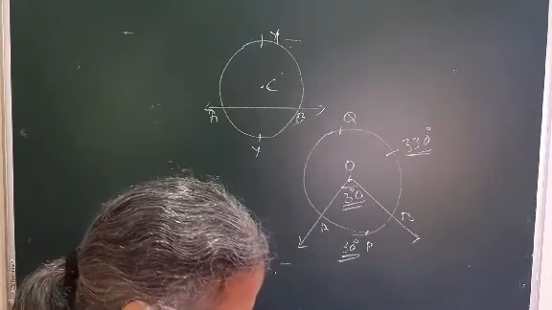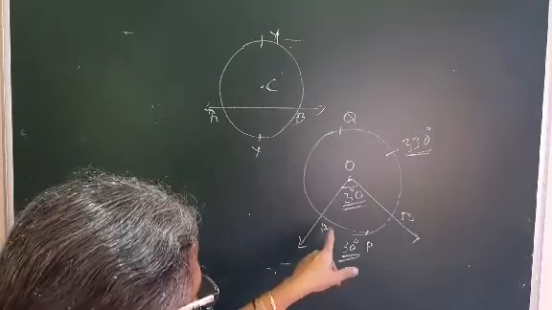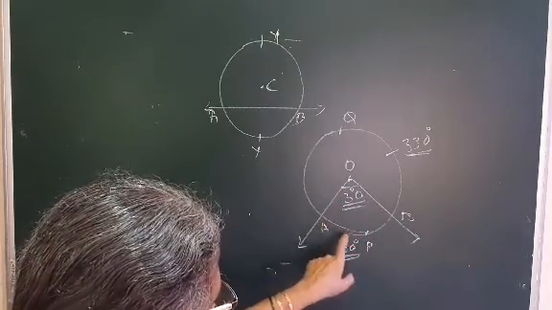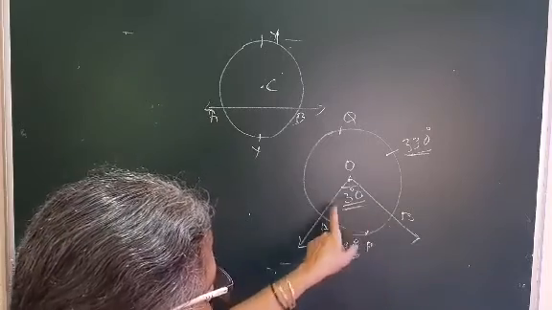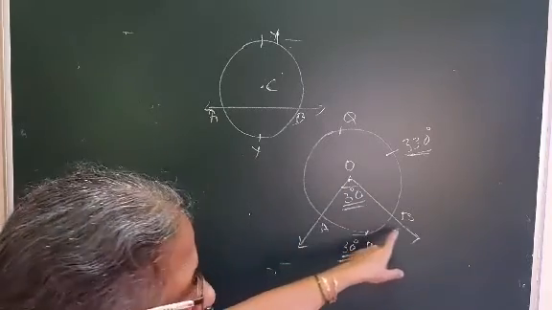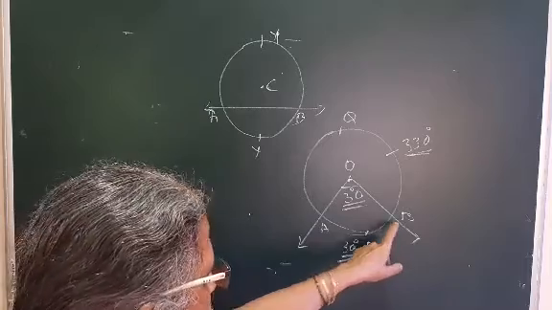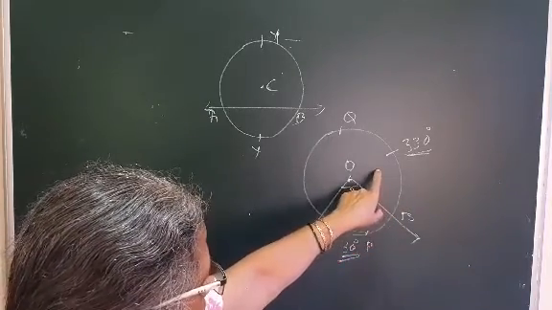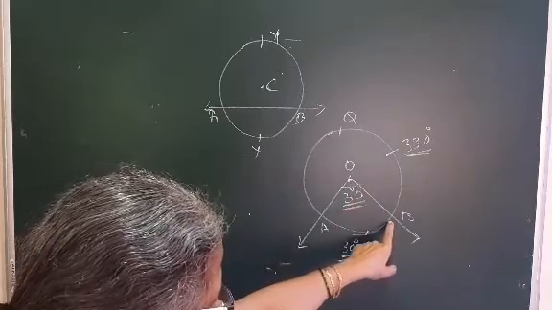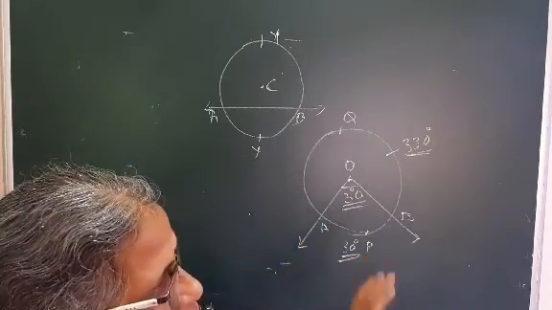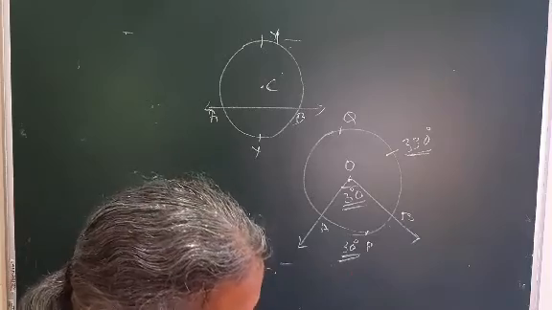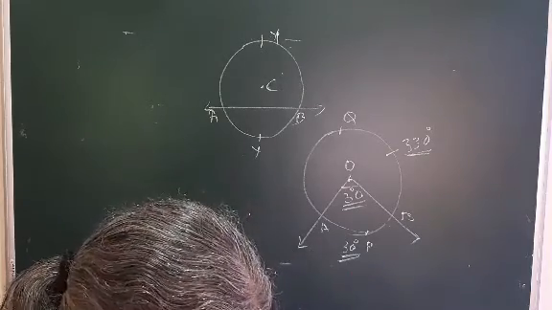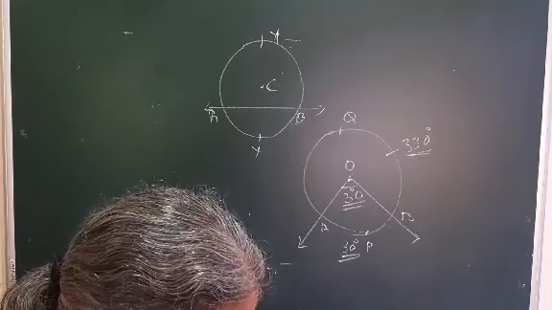So these are the rules that we are going to use for finding the measures of the minor arc and major arc. So what rules do you have to remember? The measure of the minor arc is equal to the measure of the central angle. That was the first important rule. Then the measure of the major arc is equal to 360 degrees minus the measure of the minor arc. Then the measure of a semicircle is always 180 degrees and the measure of a circle is 360 degrees. Followed? So these are the 4 rules they have given on page number 60 top.